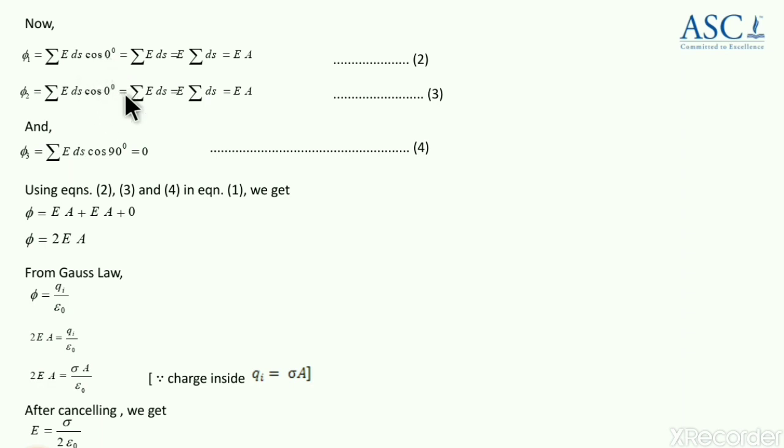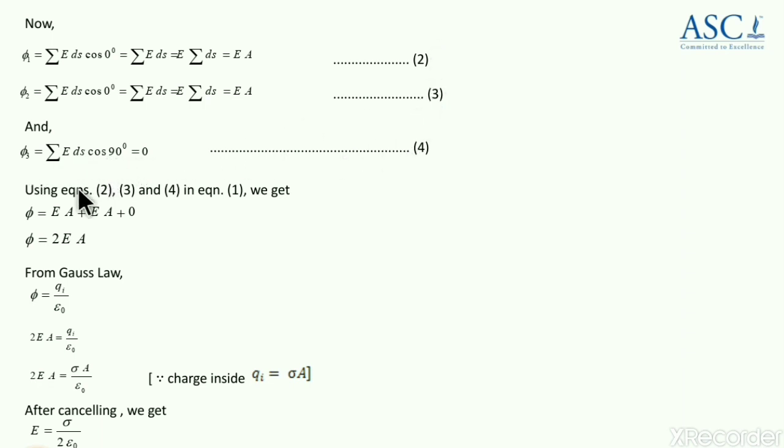Now let us substitute the same here. For phi 1 and phi 2, when you substitute theta 0, you end up getting expressions as E into A, E into A, because cos 0 is 1, so it is the summation of E into ds, and the electric field is uniform in magnitude, hence it is out of the summation. The summation is applicable only for surface area, that is ds. I have asked you to consider the area of cross section to be A, so we have replaced the small unit area ds with the entire area. On combining, you end up getting surface area to be A. Now phi 3 is E ds cos 90, as I have taught you. Cos 90 is 0, so phi 3 will become 0.